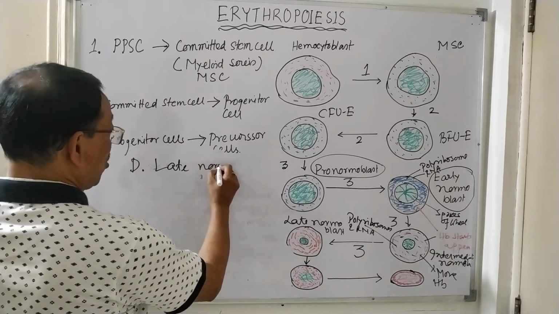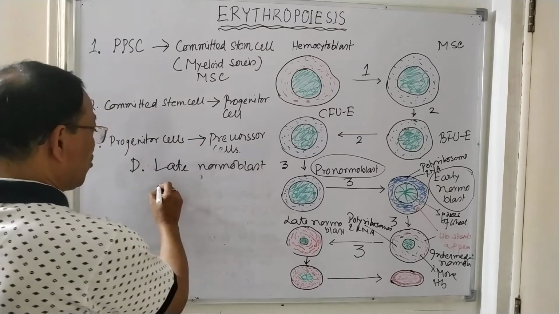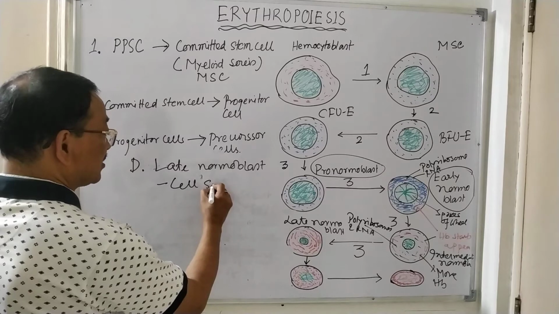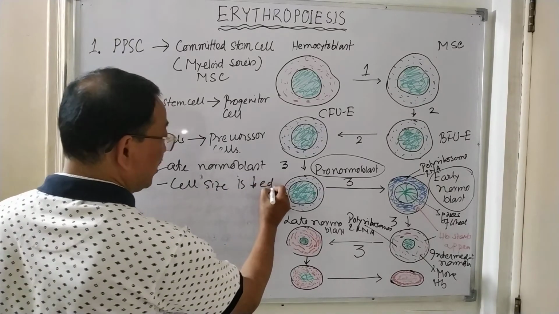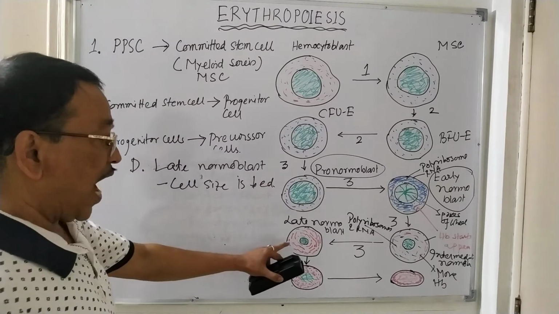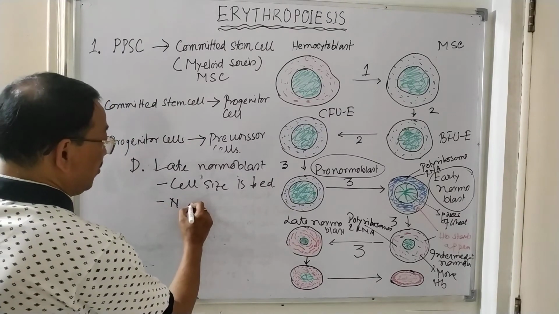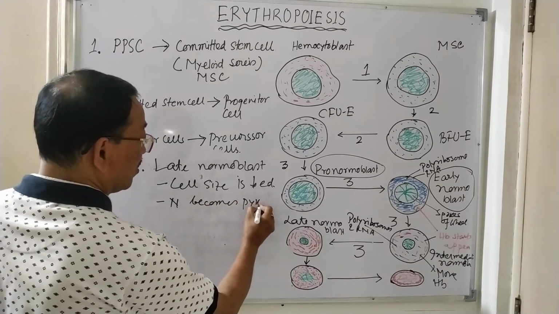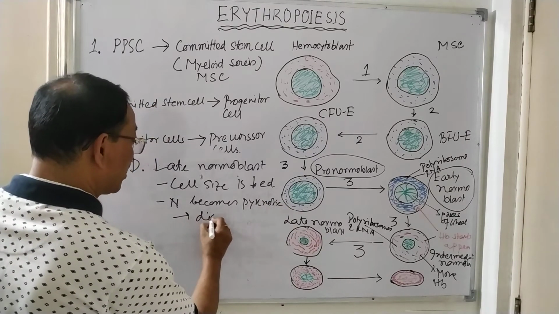In this late normoblast, the cell size is decreased, and the nucleus becomes a pycnotic nucleus, and ultimately disappears